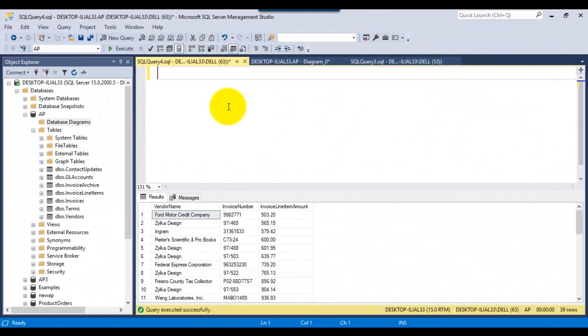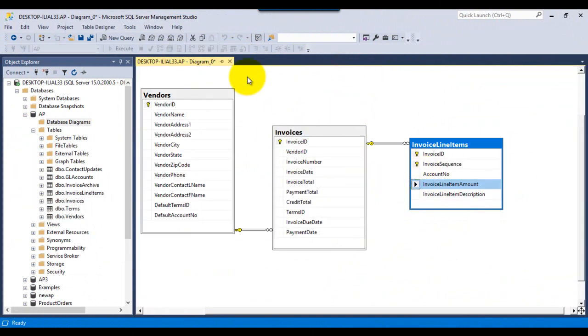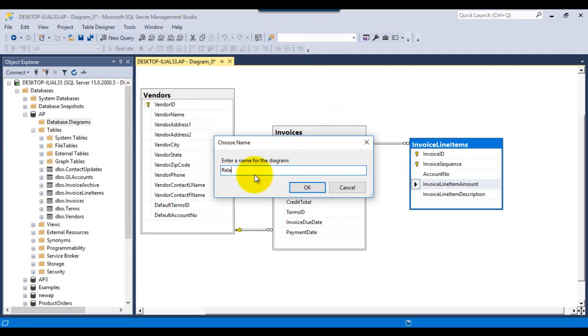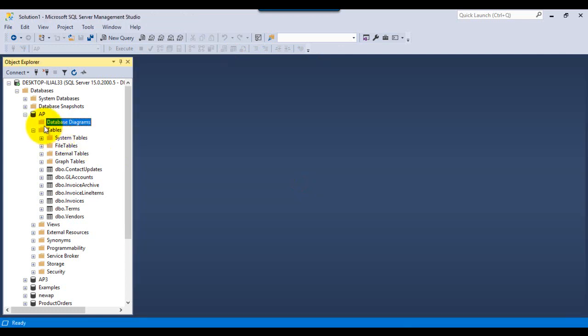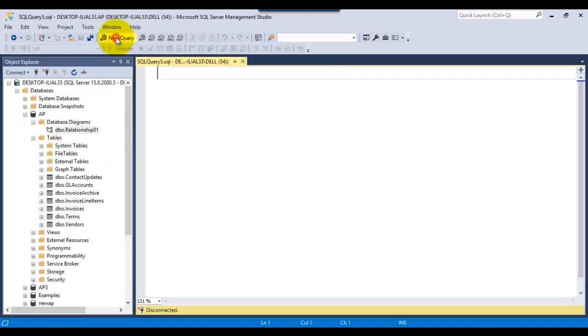Here I have opened my SQL Server Management Studio. For the time being, I'm closing the scripts, and the relationship window also I'm going to close, or you can save it as relationship 1 so that it will be added in the relationships here. It is found here. Let me start a query.